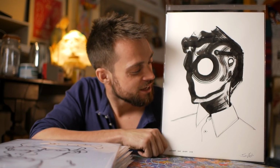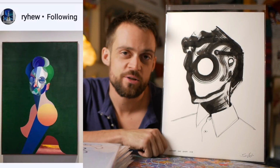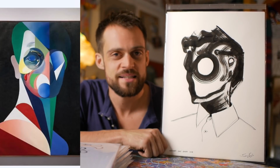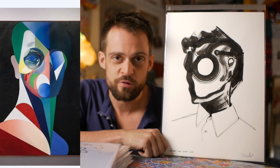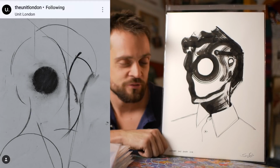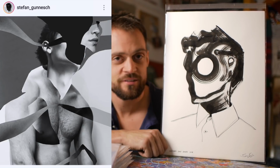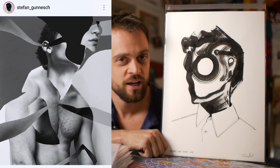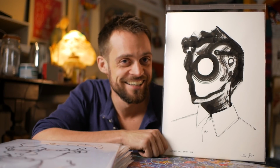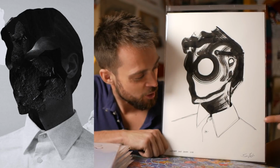No. So one of them is Ryan Hewitt, who does these crazy, wonderful pictures, abstract, swirly, messy faces. And I saw a beautiful drawing that he did with this black eye, and I thought it was fantastic. And then the other one, Stefan Ganesh, I think I've got that name wrong again. An image that I'm going to pop on screen, and it's going to look almost identical to the outline here. Bang. So I copied the shirt